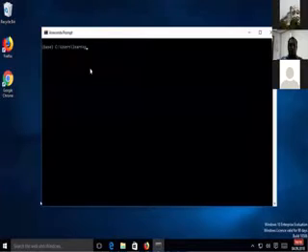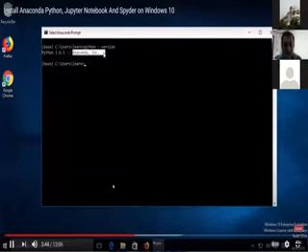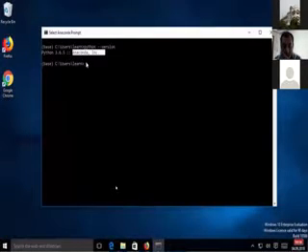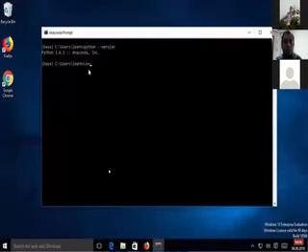First of all, we are going to check the Python version on this Anaconda prompt. I'm going to type python --version here, and then press enter. And you can see it says Python 3.6.5, which is from Anaconda. So this is the version of Python which is installed on my system. Also, you can check the version of Conda which is installed on your system. You can give the command conda info and then press enter, and it's going to give you the version of Conda which is installed with Anaconda.